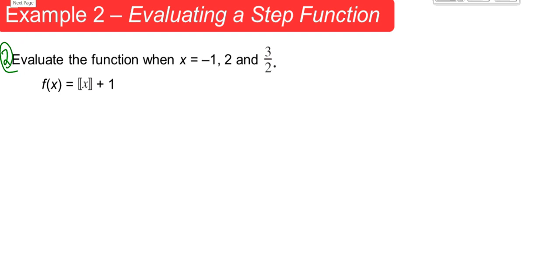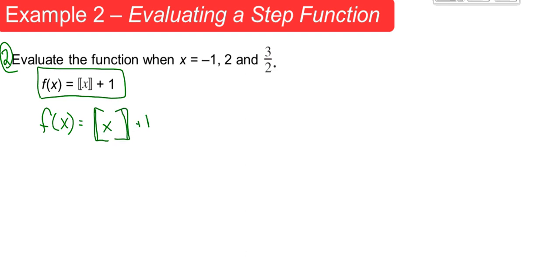So we know what that step function looks like, but this one is a little transformation of that. So we have f of x equals the greatest integer of x plus 1. So if we will just put these values in as we go,